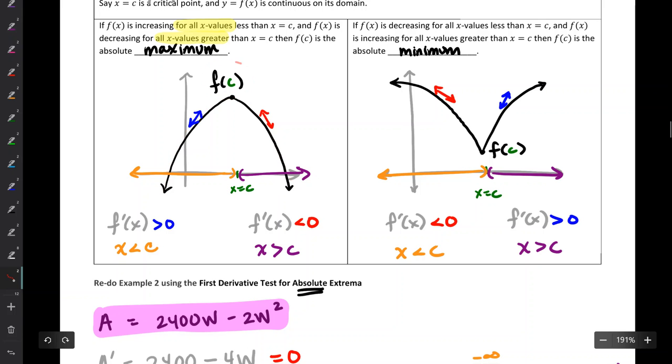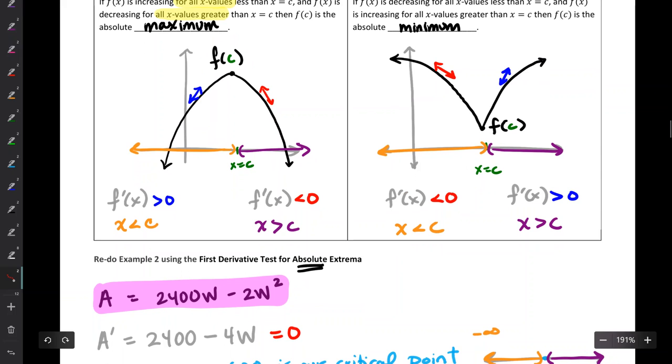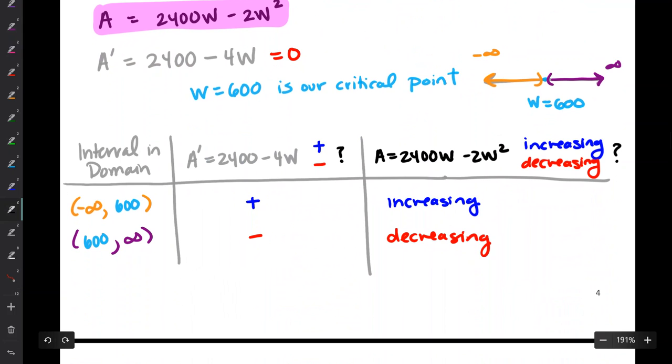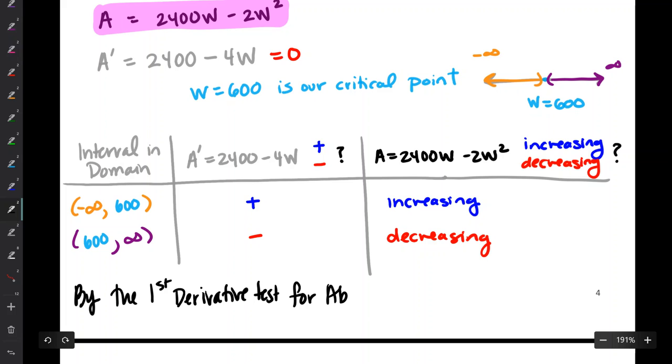My function evaluated at that critical point must be not just a local max, but in fact the absolute max. And I think the table of values says enough. By the first derivative test for absolute extrema,